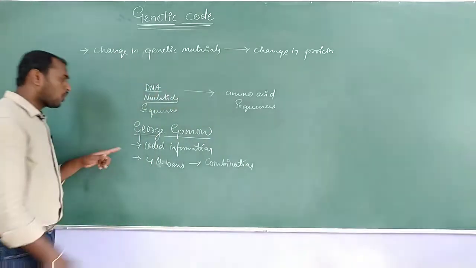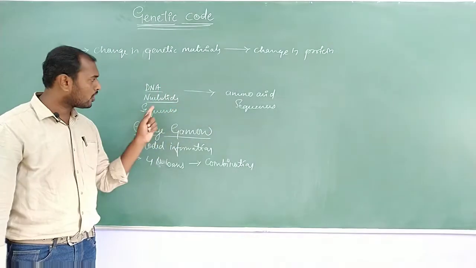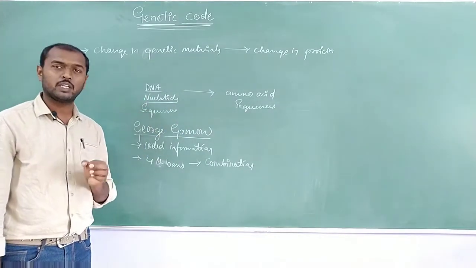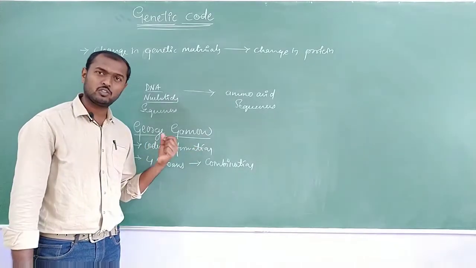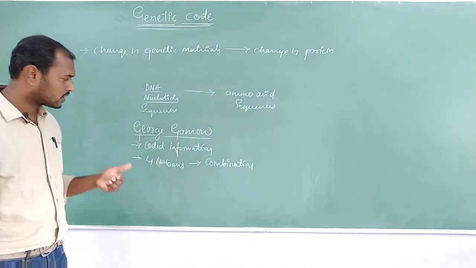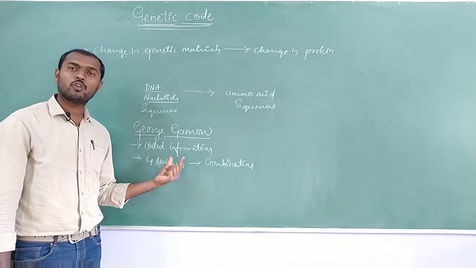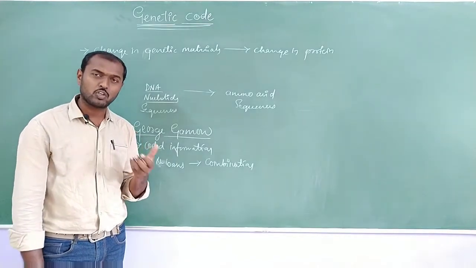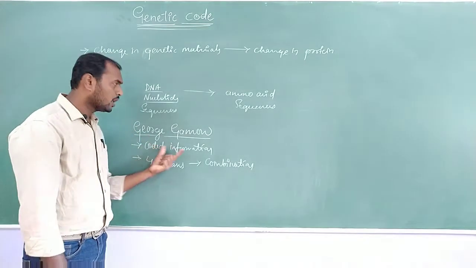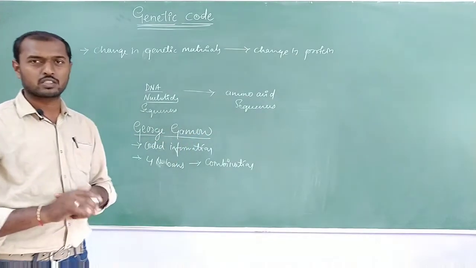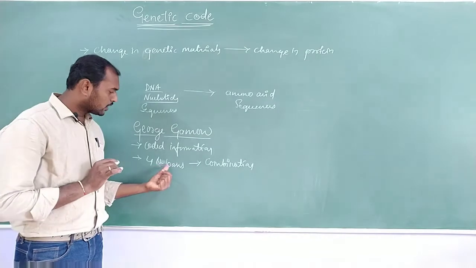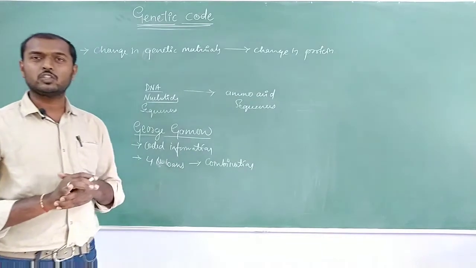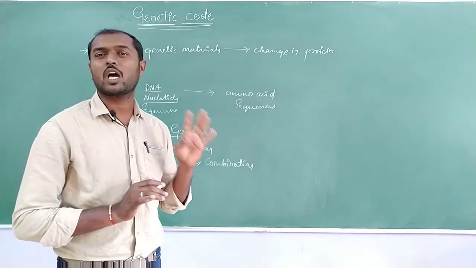So, according to Crick, to transfer all this change, what is going to happen in the DNA is going to reflect in the amino acid, which means there should be a coded information to do this. If that coded information is missed or exchanged, or any kind of mistake happens in this coded information, then definitely there is a change in the amino acid. So, second one, we have the nitrogen bases. This nitrogen base should be present in a combination to transfer this information. Okay, there are only 4 bases.